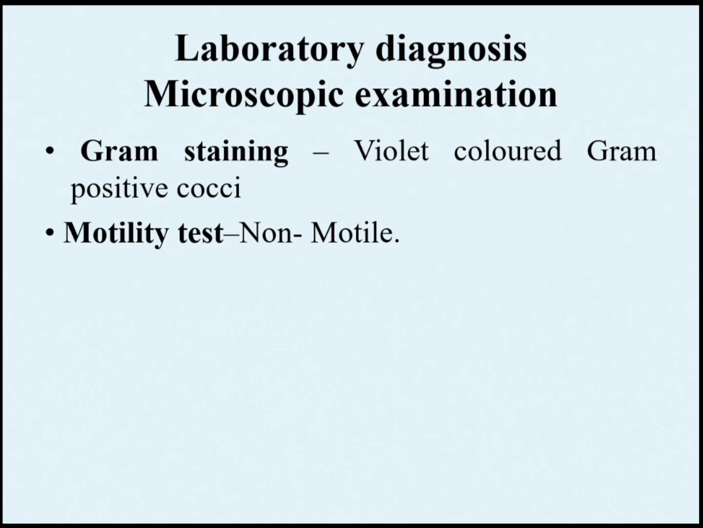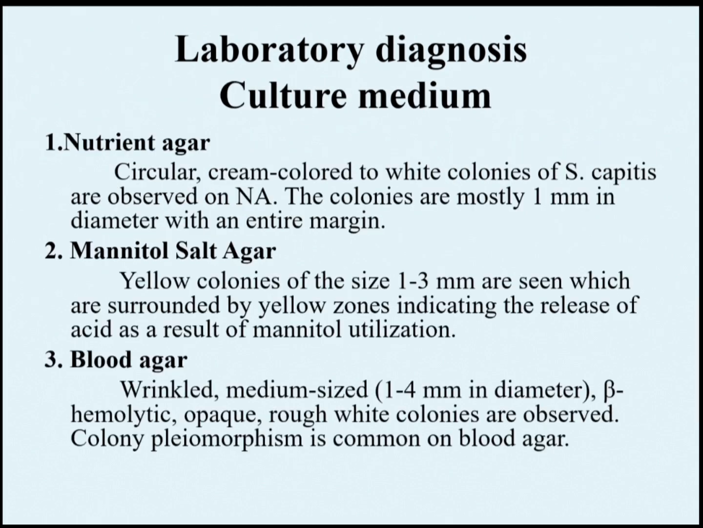Laboratory diagnosis, microscopic examination. By the Gram staining method, Staphylococcus capitis is found as violet-colored gram-positive cocci. In the motility test, Staphylococcus capitis is found to be non-motile. Laboratory diagnosis of culture medium. In nutrient agar, Staphylococcus capitis is found as circular, cream-colored to white colonies. The colonies are mostly 1 mm in diameter with an